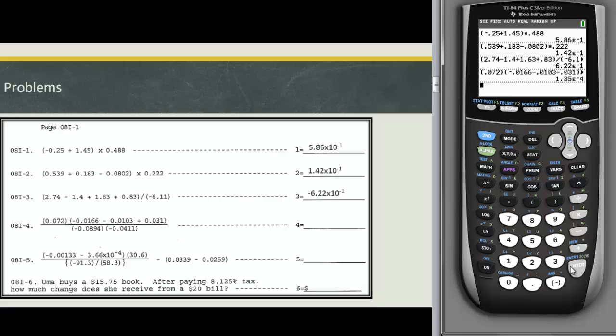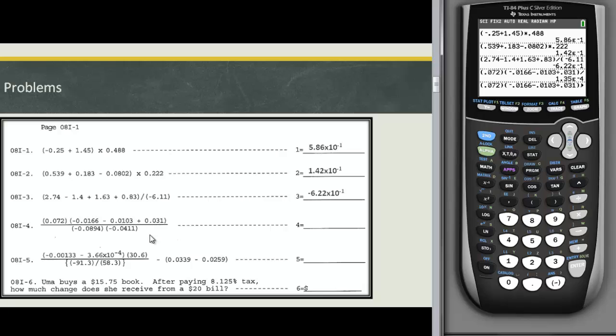Now when I click enter here, my answer is 1.35 e to the negative 4, but my answer should be 8.03 times 10 to the negative 2. So my answer right here is wrong, and the reason is because when I come up to my equation that I put here, I just copied it down. I want you to notice the red parentheses that I put here. The equation before the red parentheses,